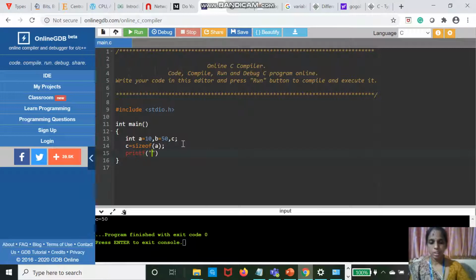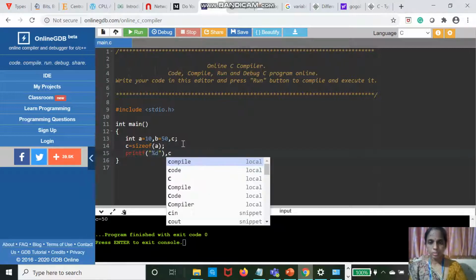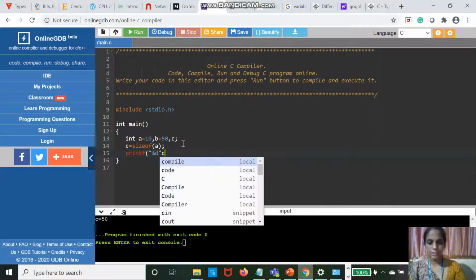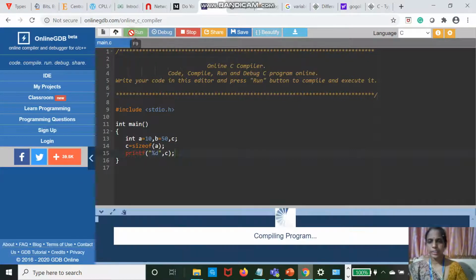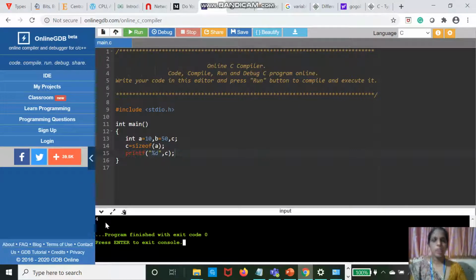Print of %d, comma c. Run it. 4. What is the meaning of 4? Sizeof A. What is the meaning of int a is equal to 10?